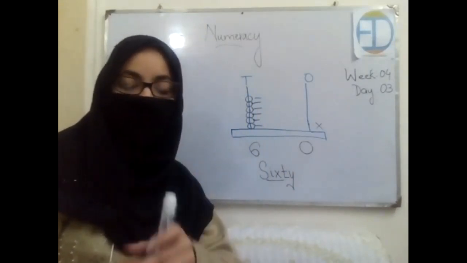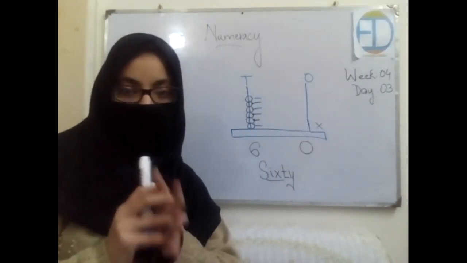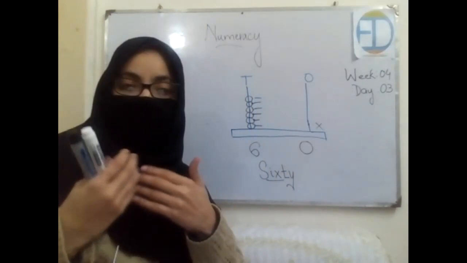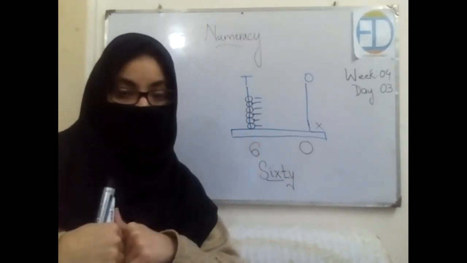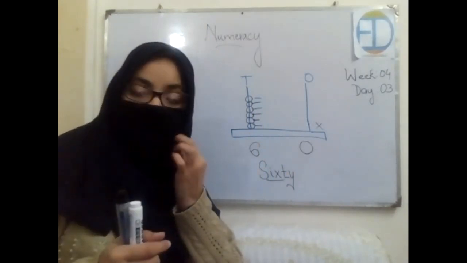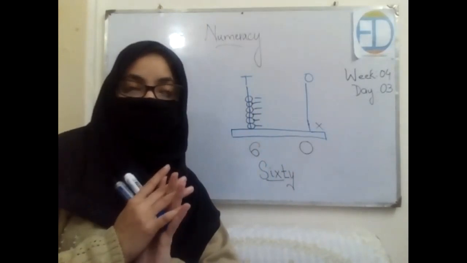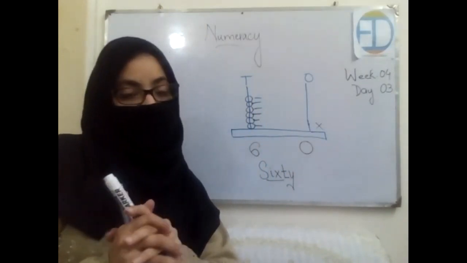Done? Okay, class. So that was all for today. What we did is we practiced writing number names according to the place values from 50 till 60. What you need to do at home is revise this and rewrite the number names in the same way. If you have any confusion, you can ask me.